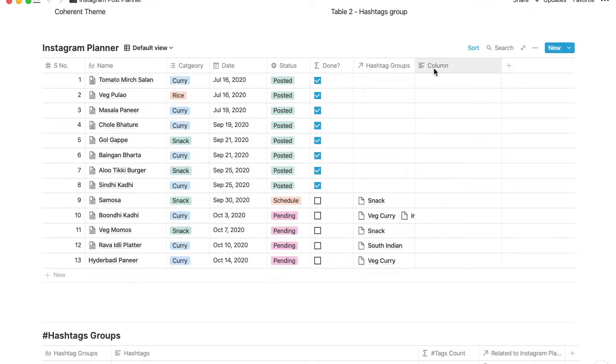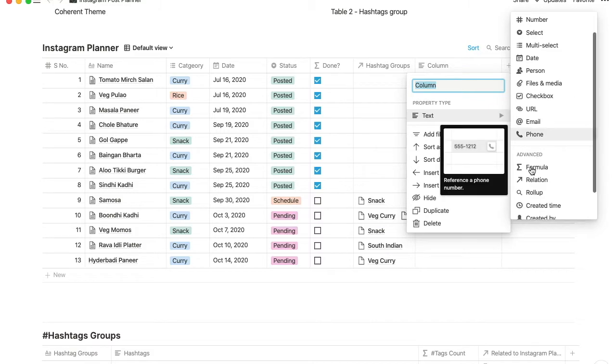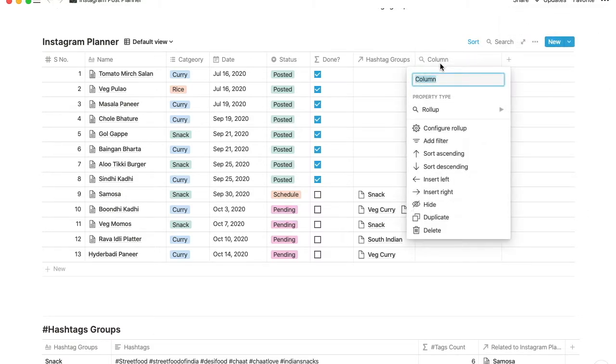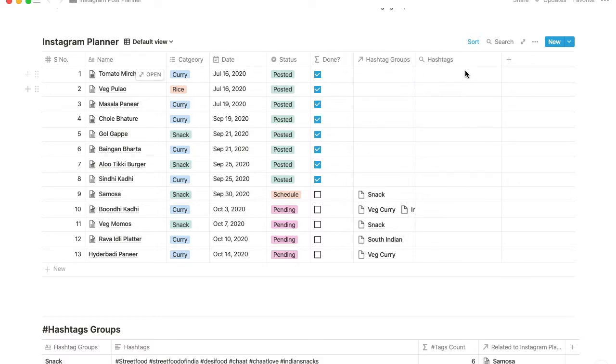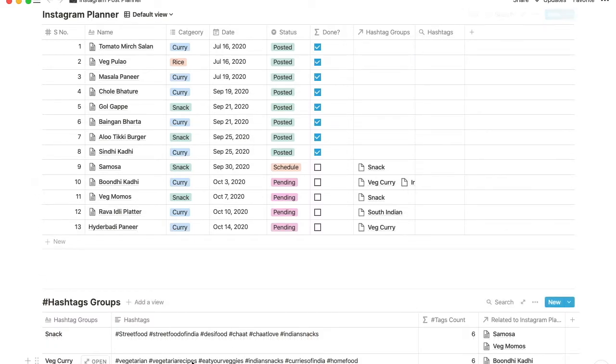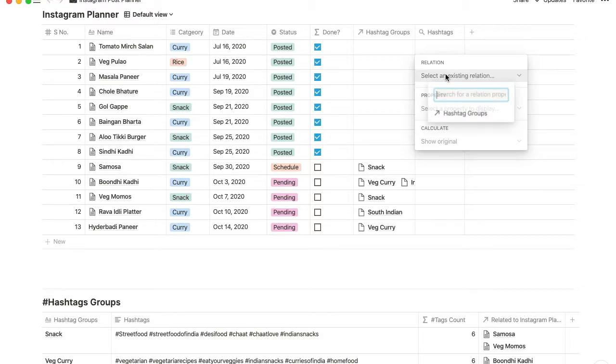Now we're going to create another property, and it's going to be roll up, and we're going to name it hashtag. With the help of roll-ups, we can get the information of this table into this table. It's going to look up this value in this table, and it's going to provide these data back into this table. We will create an existing relation because it's going to search from this on the base of